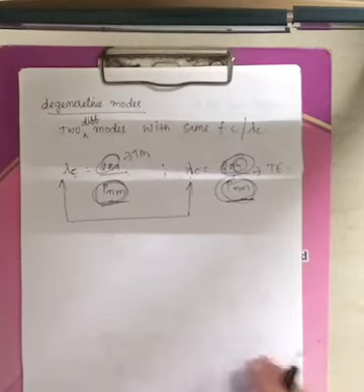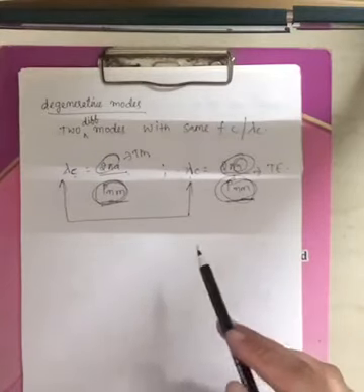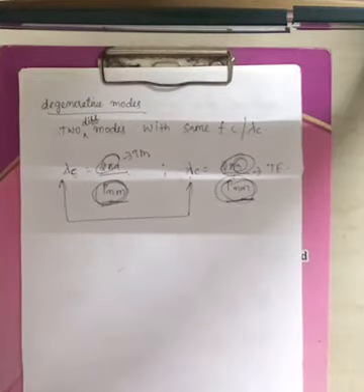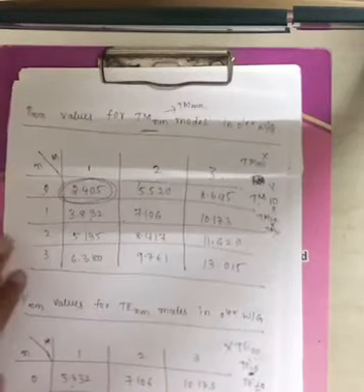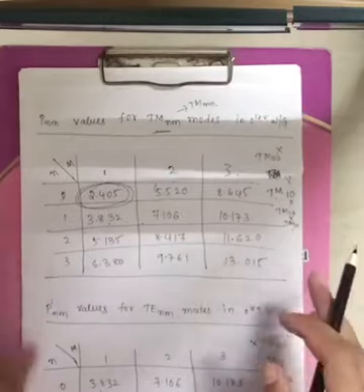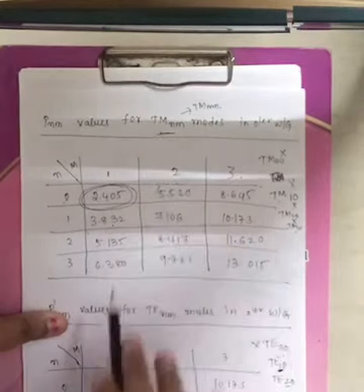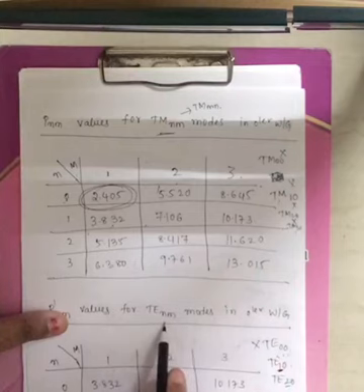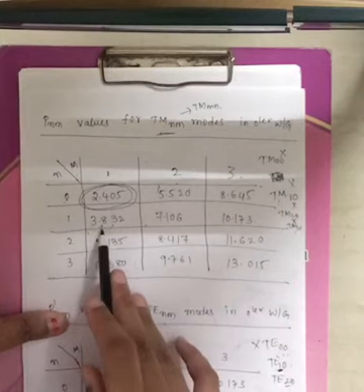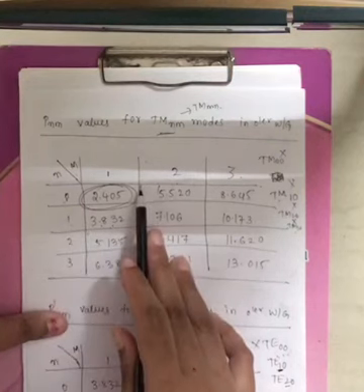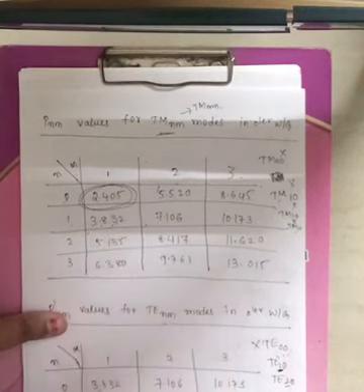Now you have to verify the table where the roots of TE mode of propagation and TM mode of propagation are equal, right? Now if you see this table, this is for TM mode of propagation and this is for TE mode of propagation, right? Now for n equals 1 and m equals 1, you have 3.832, and here also you have 3.832.